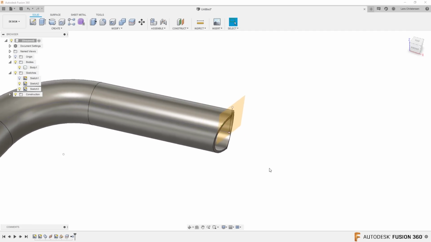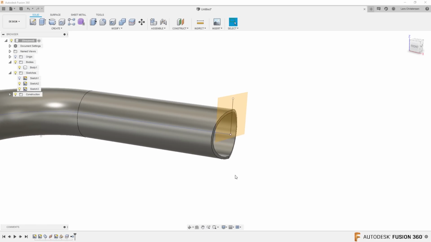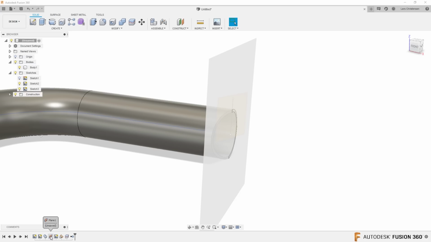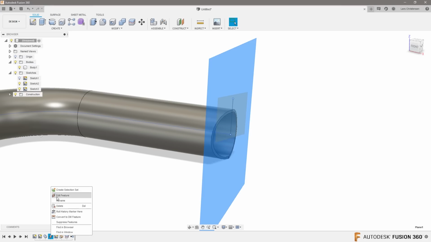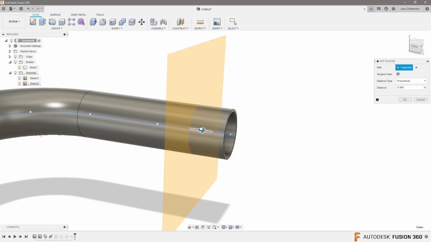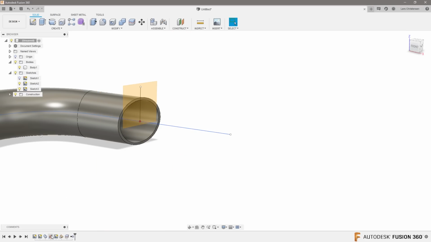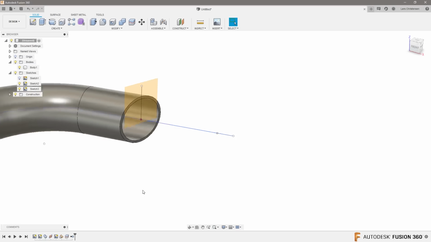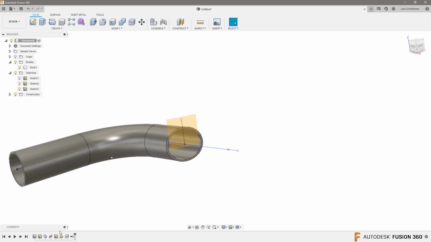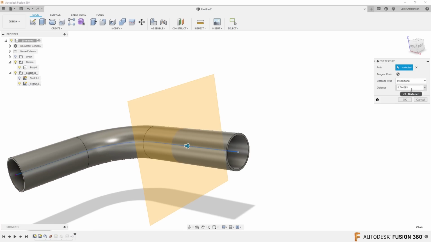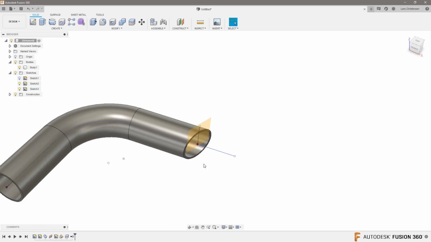Now what is kind of neat about this technique here is that if we ever go back into the original along the path, we go in and edit that, and we maybe drag that original plane all the way back to here. Now when we hit OK, everything else is kind of kicking in, and that cut will be right there. So any dimension we put in here is actually parametric in the sense that wherever we're moving that, that is going in there. So I think that this was where you were kind of trying to get at, Anthony,